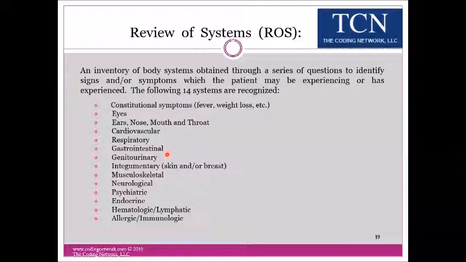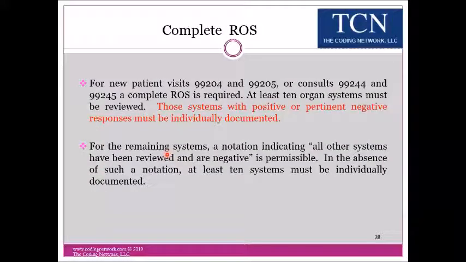But with your follow-up visits, typically at least two will get you to what they call a detailed history. That's one step toward a 99214, but it would also satisfy a 99213 as well. But again, for new patient visits, levels 4 and 5, or if it's a consult, level 4 or 5,